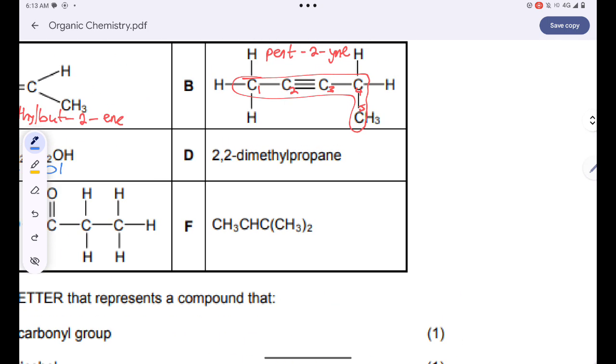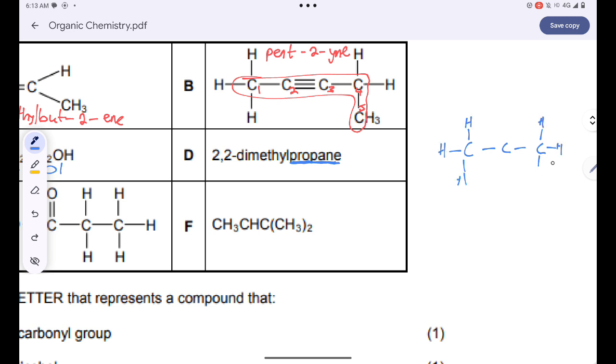Okay, and then compound D, I'm given an IUPAC name. All I have to do is to just draw a structural formula of this IUPAC name. I have 2,2-dimethylpropane. Propane is the main organic compound. Are you together? And then we have side chains in carbon number 2. So I have 1, 2, 3. This over here is the main compound,